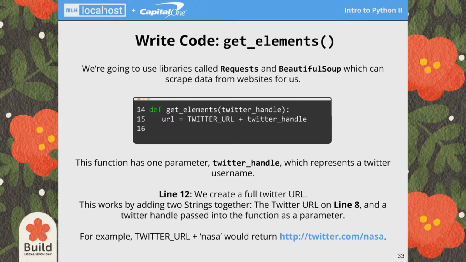And then this is being linked in our config.py to be set to the MLH_TWITTER_API variable. And then in twitter_scraper_fetcher.py, it is being imported at the top from config. So from config, where we made that variable, we import TWITTER_URL.